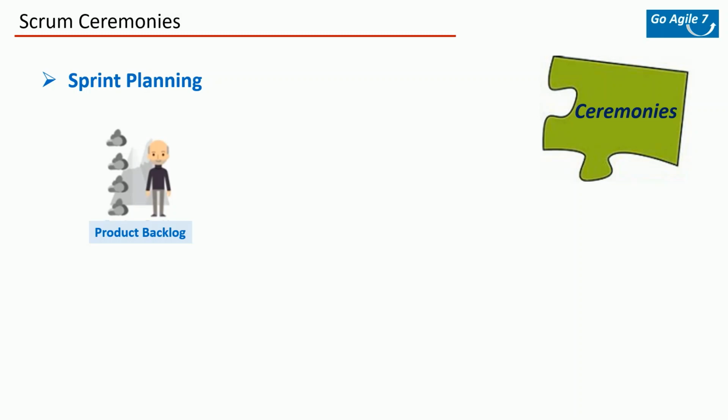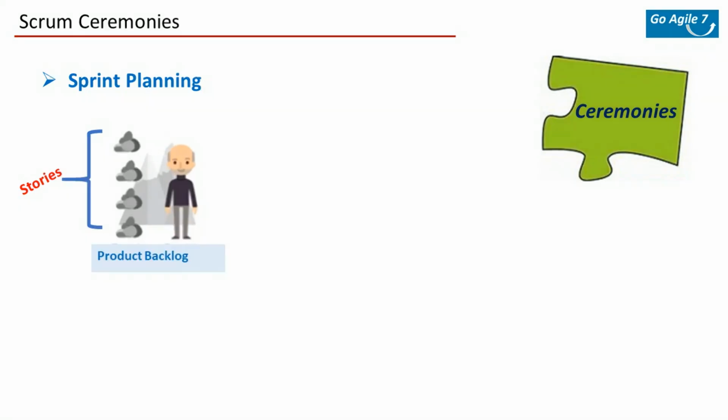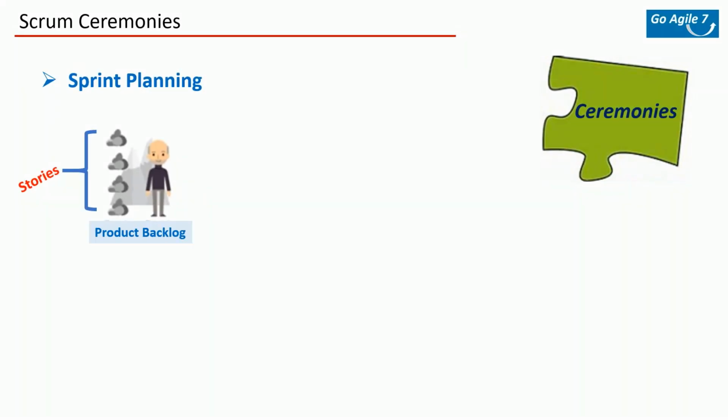Sprint planning is a bit more detailed, where the team goes through the backlog of stories. The product owner will be prioritizing the stories and will say, okay, these 7 stories, for example, are top priority. They should be done in this sprint. Then the team goes through each of these 7 stories and tries to understand the scope, ask any questions, get clarifications from the product owner, and then the team will do some sort of estimation of each story.